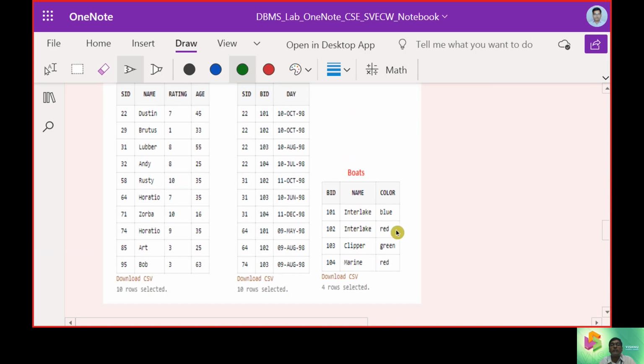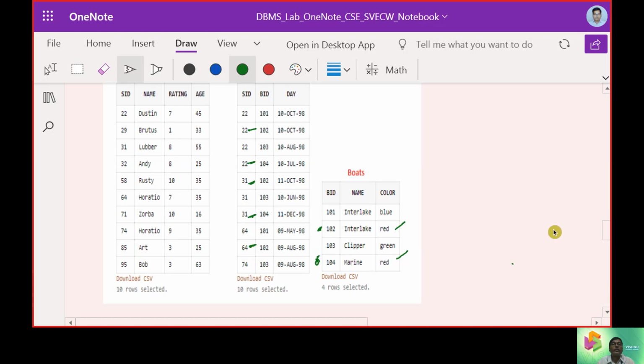So when it is a red boat, we will be looking only at 102 and 104.